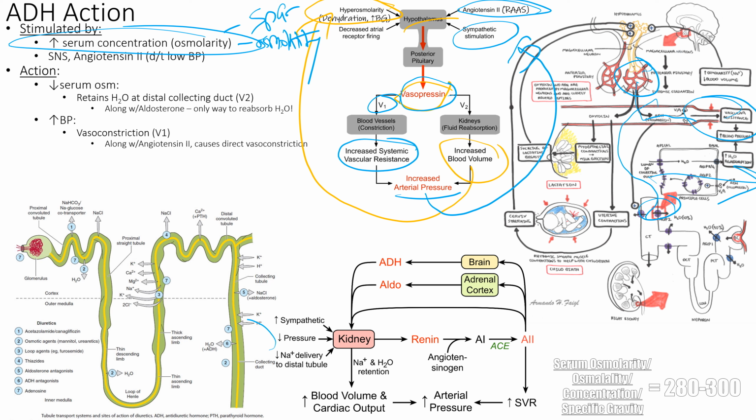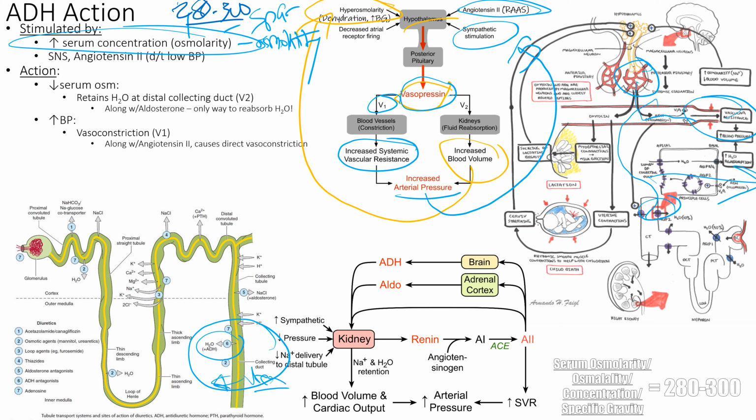And so here's another picture down here. Water gets absorbed with ADH, and then urea also gets absorbed, and water follows, right? So urea also, and water will follow that urea, therefore restoring my concentration back down to normal, which is what again? What's a normal serum concentration? Normal is 280 to 300. That is perfect. Specific gravity is different, osmolality is a little bit different, but 280 to 300 is a normal